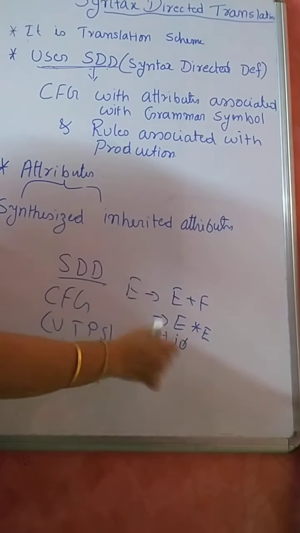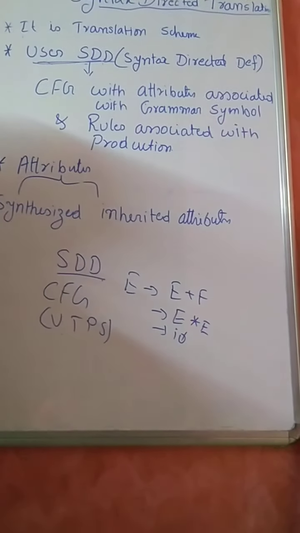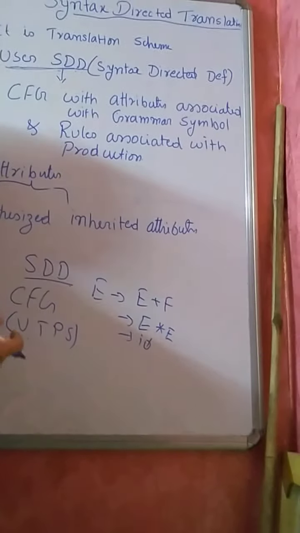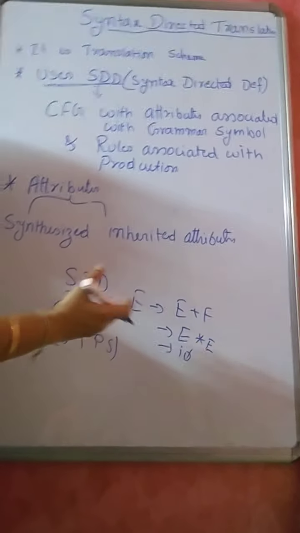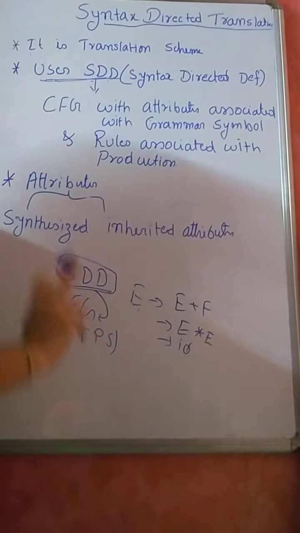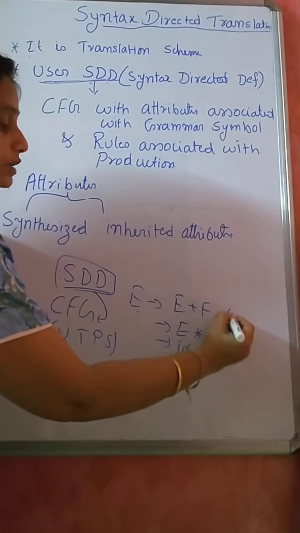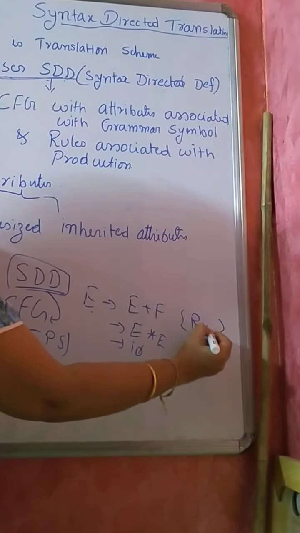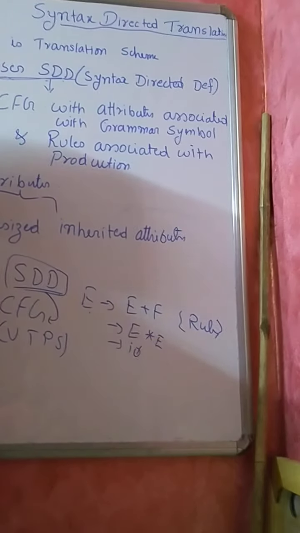Suppose if I am having something like this, this is called a context free grammar, where you will be having a set of terminals, non-terminals, productions, and the start symbol, all the things are there. So this is a context free grammar. Then what is this SDD? An SDD is nothing but a context free grammar where the rules will be associated with